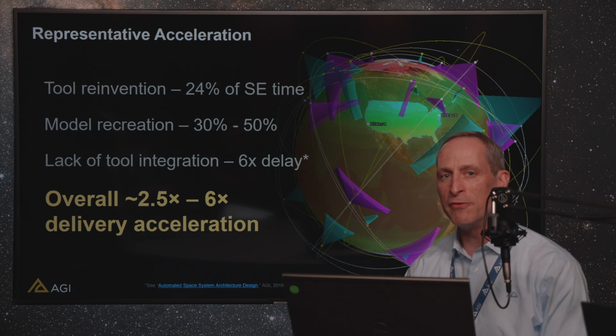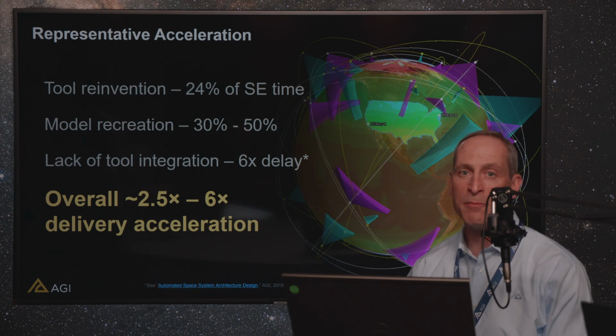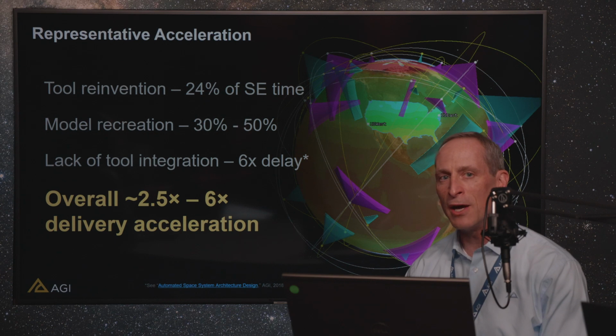Additionally, transitioning from phase to phase, in general we find that 30 to 50% of the models and simulations that are created are duplicates of models or simulations that had been done in prior phases. And finally, as we get to evaluating the measures of mission effectiveness for the mission itself, lack of tool integration at the different levels of fidelity and the different functional pieces results in a delay of 6 times what it could be,